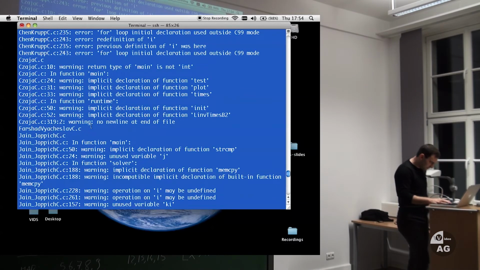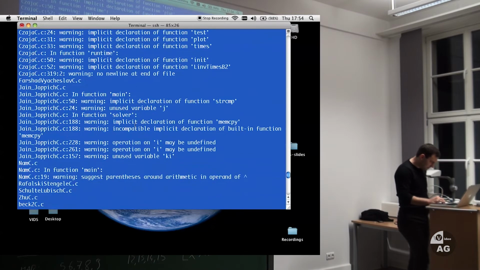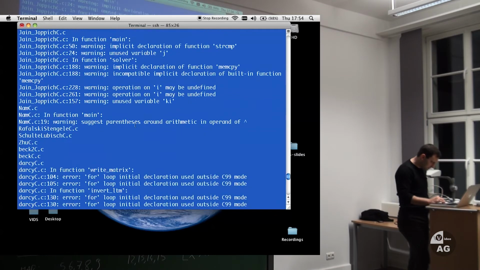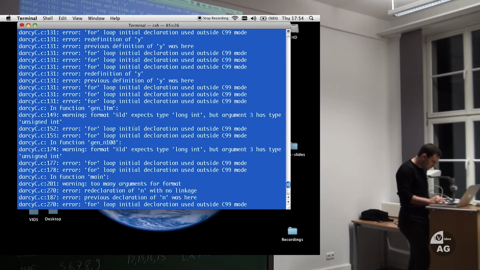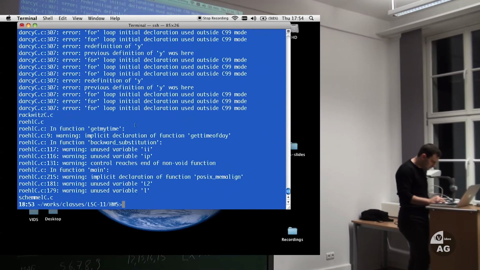So then there is more. There are some errors. Error, yeah, it's always the same. No, there is more. So exactly, that's what we have to do. Compile.